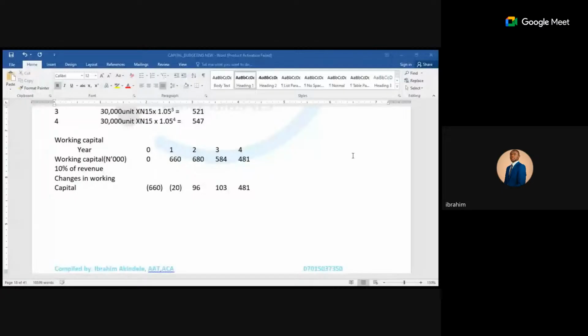I don't expect such a question. What you should have asked is that sometimes they may tell you that the working capital will increase by, for every 1 naira increase in the revenue. I think it is one of the past questions. For every 1 naira increase in the revenue, you have to increase the working capital like that. Do you understand, Mr. Dari?